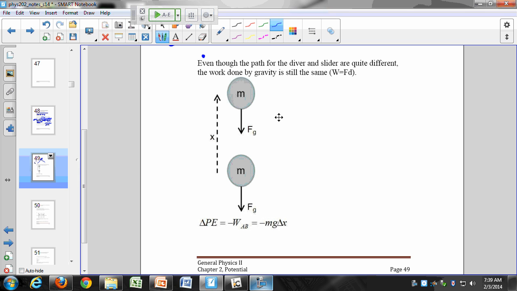Now, we can make this argument about energy and work. Let's imagine that I have an object and I start it here, so this is my initial position. And then I move it up through a distance x, so this is my final position, xf. Now, the work that is being done by gravity, is it going to be a positive or a negative work? The work done by gravity. Remember how we found out if work was positive or negative? We asked ourselves, what is the direction of the force and what is the direction of the displacement?